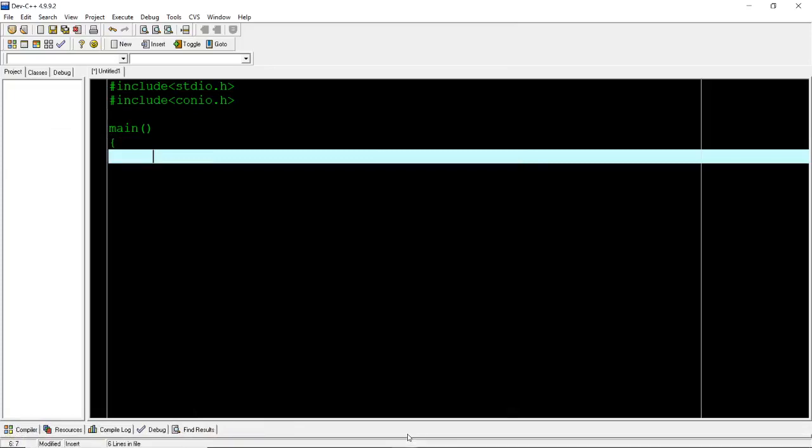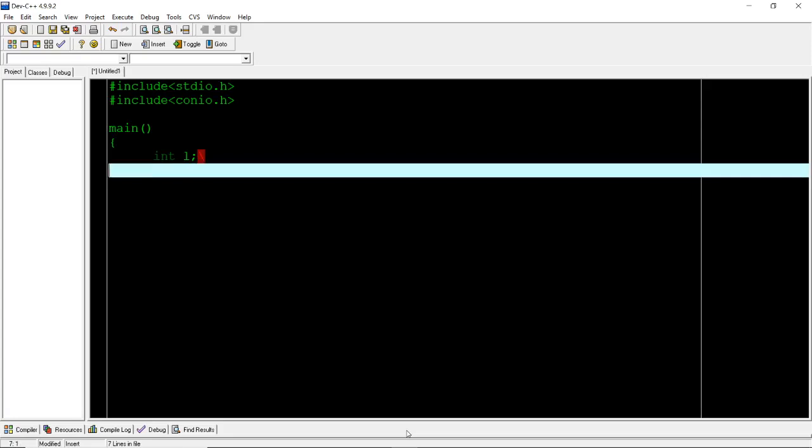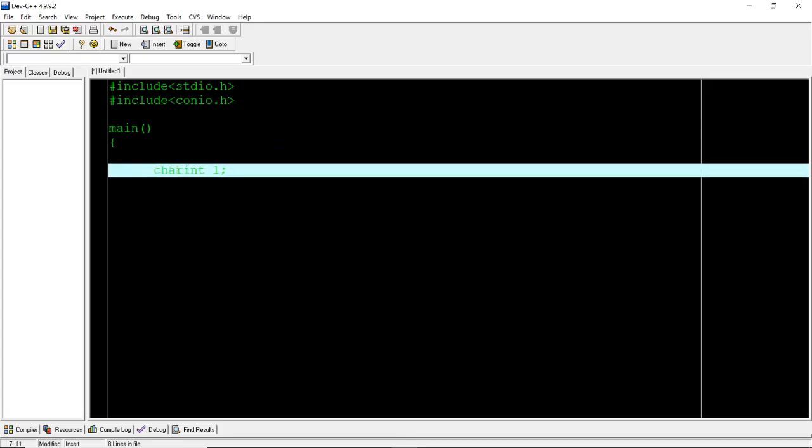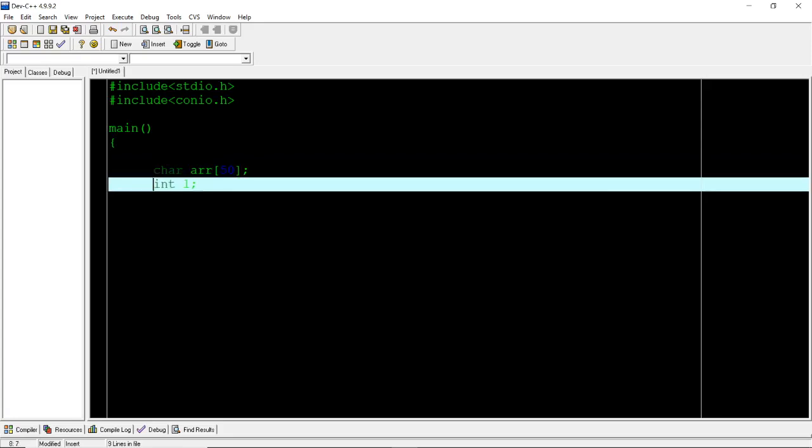So let's start. First I will take a variable L. L will be the length, where the user can enter the size of the array. At the beginning you also surely need an array, say char arr, with maximum size 50.